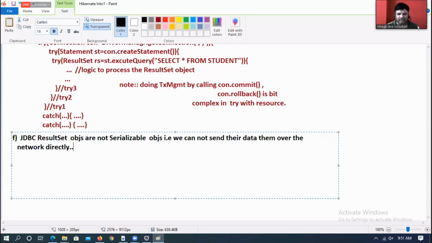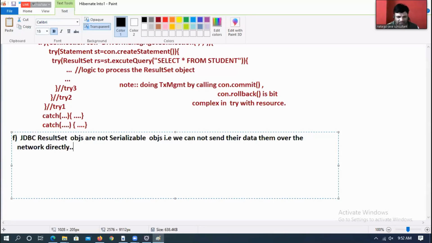From the result set, we have to gather the records. Again, we have to convert them into simple values. Then we have to send them over the network. In this process, we have to take the support of collections, some Java beans, so many things. Are you understanding my statement here or not?